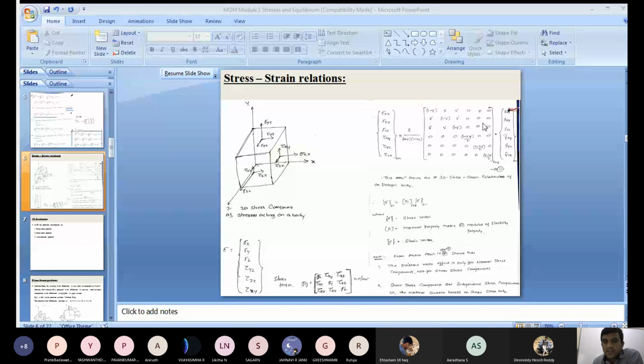Now again, for the stress-strain relation of a three-dimensional component, you should remember this material property. Okay, the material matrix is E divided by (1 plus nu) into (1 minus 2 times nu). Now remember the diagonal elements. 1 minus nu is in 3 of the diagonal positions. After that, (1 minus 2 nu) whole divided by 2 in the remaining 3 diagonals. Now only for normal stresses you get the Poisson ratio. For shear stresses there is no Poisson ratio. That is nu, you should remember. This is a symmetric matrix, so the upper triangle is the same as the lower triangle. Right?